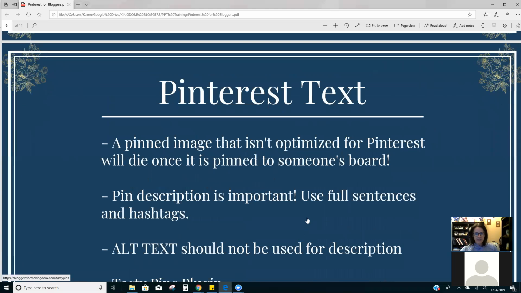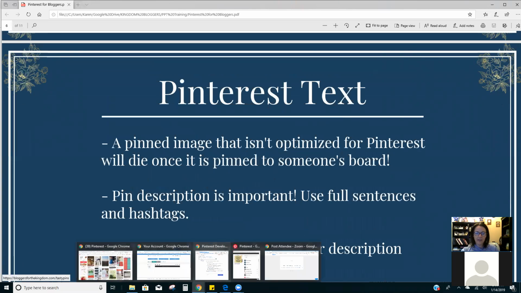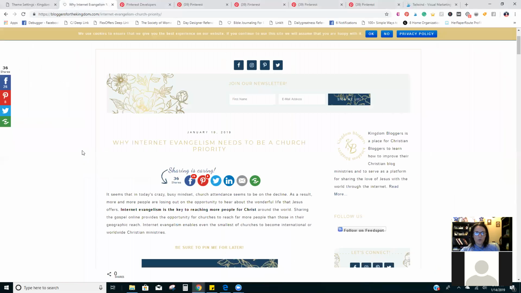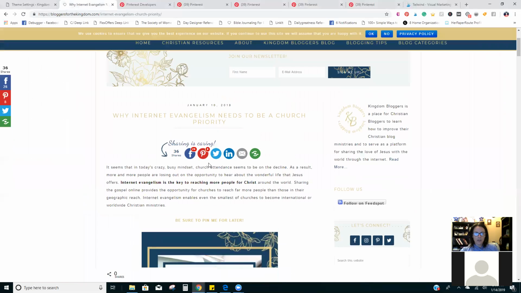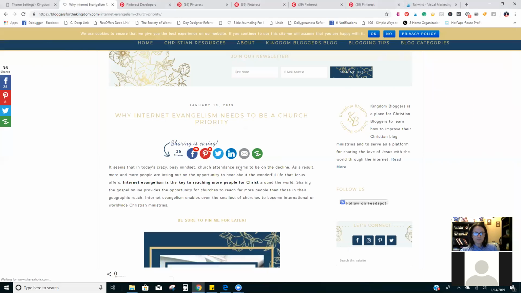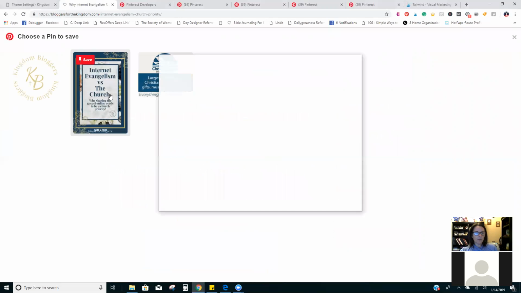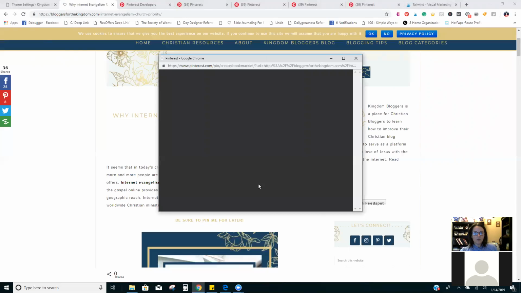Next one is the Pinterest text. So this is the other part. So many people finally realize the title image and they start creating great images that have the post title, and that's a great start. But the optimized part of it is making sure it has the right Pinterest text. When you go to a website and you click on either the share button here, the save button, or you use the Pinterest extension, whichever one, the image comes up, you click on it, and then your pin description